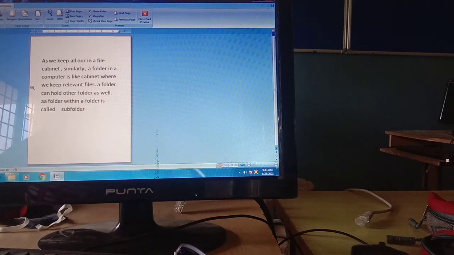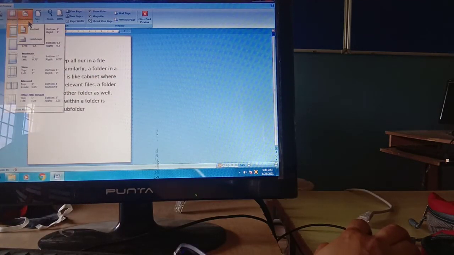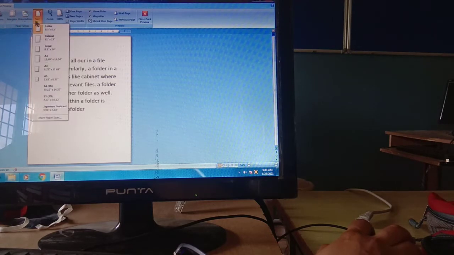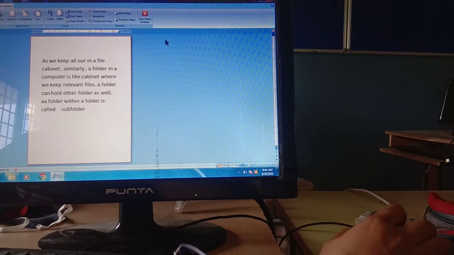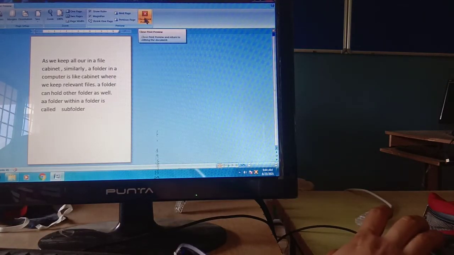So you can take a view of your document, how it will look after print, with the help of the print preview feature. Here also you can set the margin, change your orientation, change the size, zoom it, and convert it into 2 pages, whatever way you want to see it. So you can have a look at your document before you print it. Clear to everyone? Okay. So that's all.